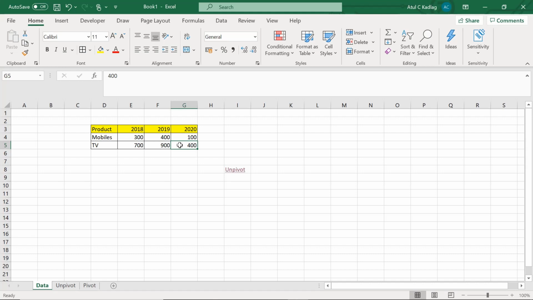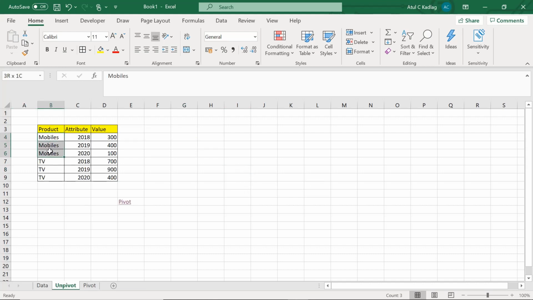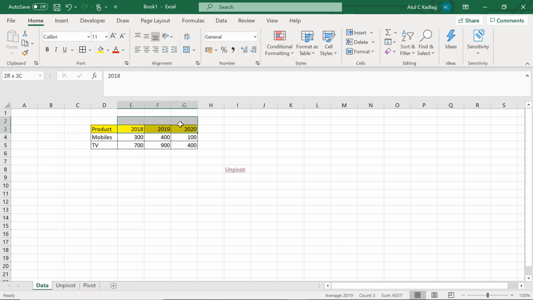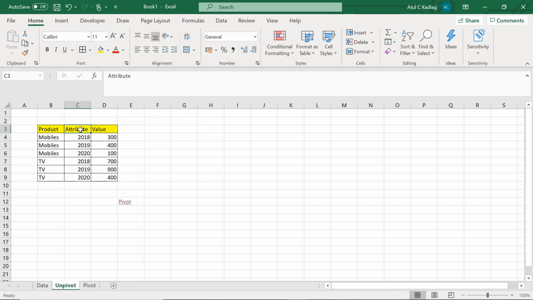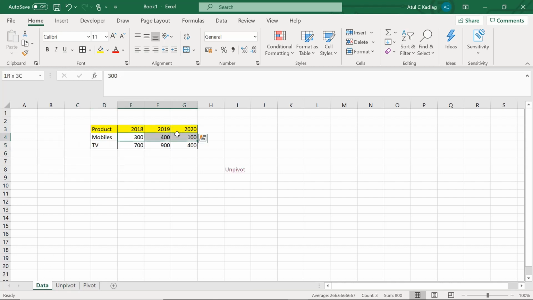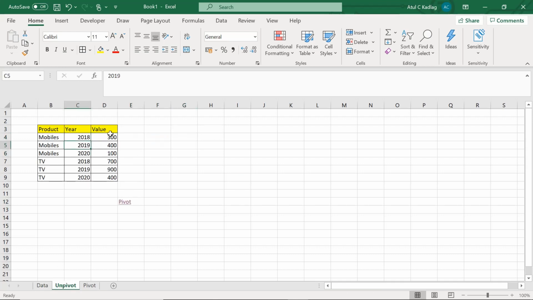And how to unpivot this? Basically, when we unpivot, we can do it like this. Mobiles will appear like this, and year-wise, whatever the year row was, it will become a column value. By default it will call it attribute, and we can rename it as year, and then these are the years which are there, and we have values for each of them. Whatever values appear here will become a value, so we can make it quantity sold. Same for TV as well. And this is unpivoting of the columns.